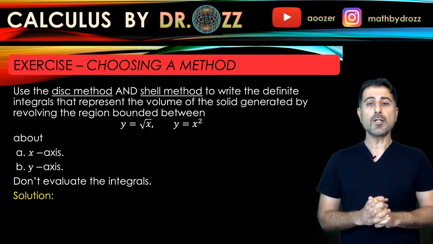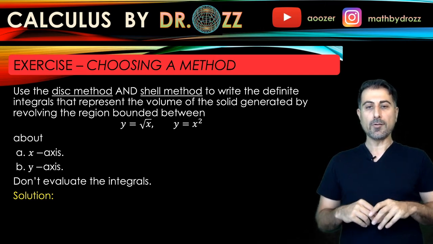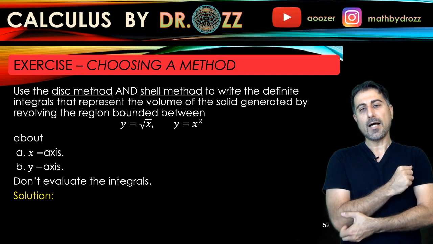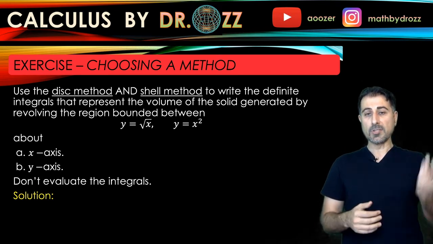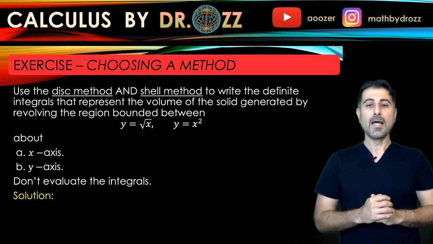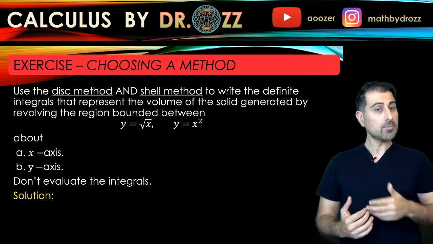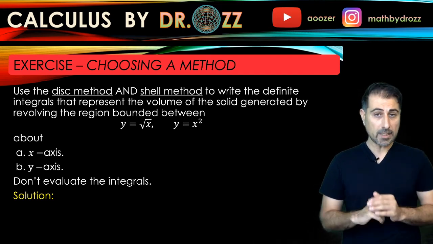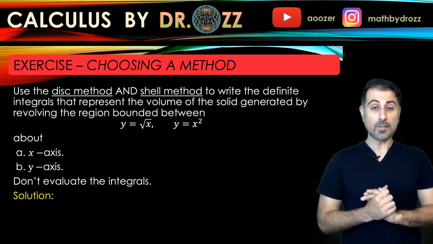So we are given a region which is made of y equals radical x and y equals x squared. In one case, we're going to revolve that region about the x-axis. In the second case, we're going to revolve that region about the y-axis. And we're going to get a solid three-dimensional object, and we're going to try to find a volume integral without evaluating it. Okay, so we're going to have the integral, but no evaluation, because this is already a very long